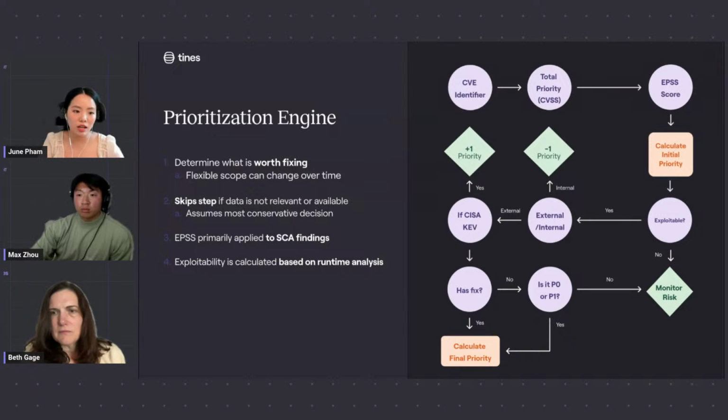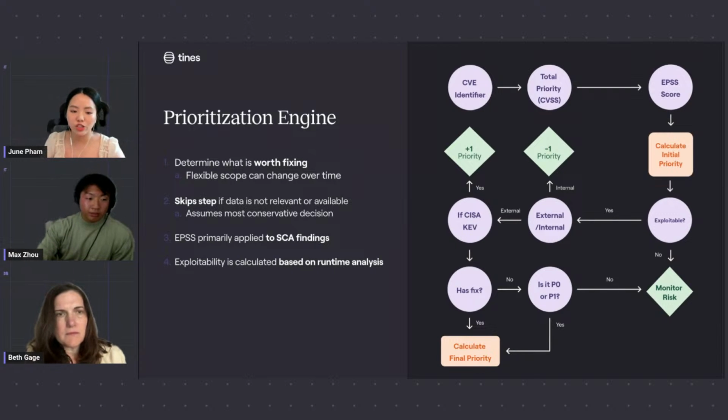We're also taking into consideration whether the issue exists in an internal service or an external facing service. We also look at things like CISA KEV, which is the catalog of exploited vulnerabilities managed by the US government. We're also looking at whether the issue has a fix or not. Essentially, is the issue actionable today, or is it something that we need to continue to monitor in the future,